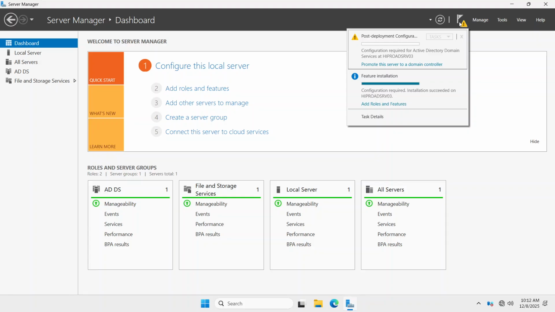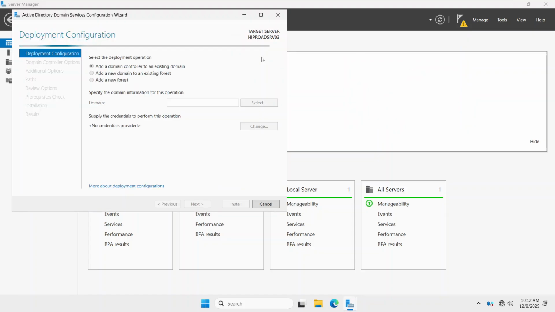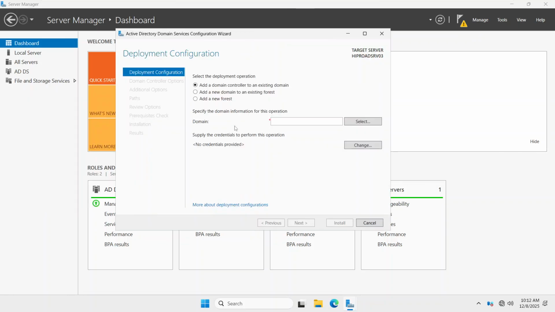Please have a look at your notes. I repeat: promote the server to a domain controller. Which option? First, second, third? Yes, you are right. The very first option, which is add a domain controller to an existing domain. We already have a domain and that is hypro.com,